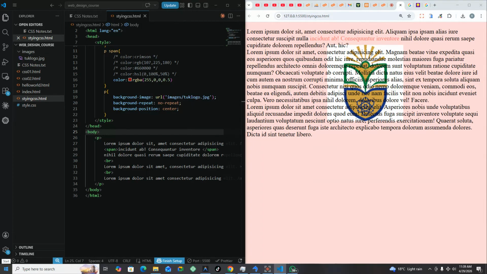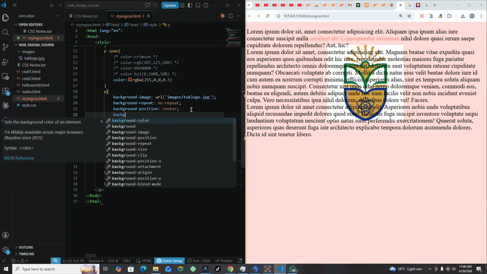So besides the position, you might also decide how you want to fill the background. Fill is important because when the image is too small, you might want to stretch it to cover the entire space. When the image is too big, you might want to squish it to fit the content. So it will depend on how you want to display the image. Either you want to retain its original dimensions, or you want to expand or reduce it to cover the section that you are targeting for the background image. So for that, we use a property called background